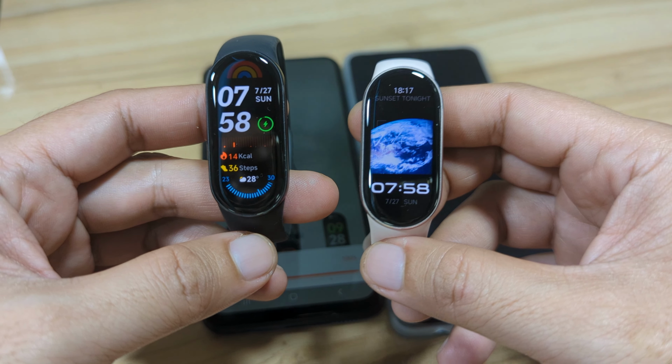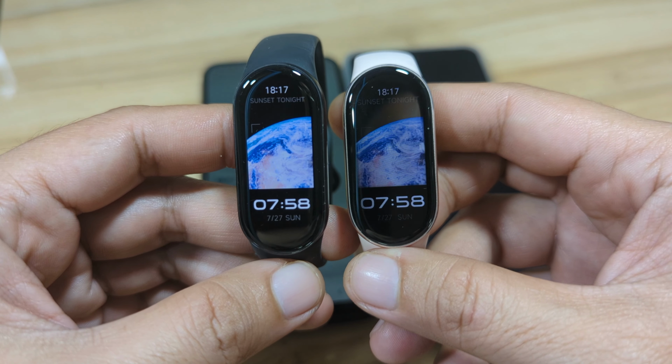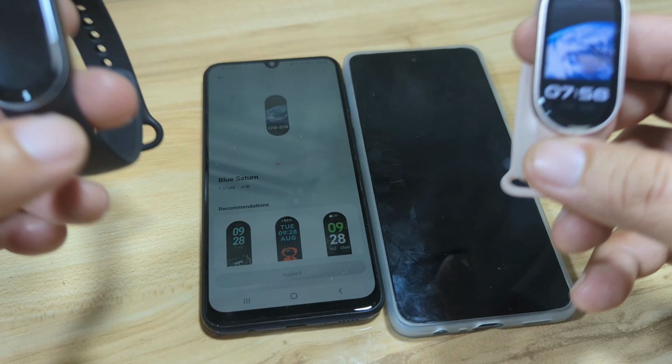And we have it here. So it's almost twice the speed for our Smart Band 10 compared to our Smart Band 9, although the size of the dial for the Smart Band 10 is bigger.